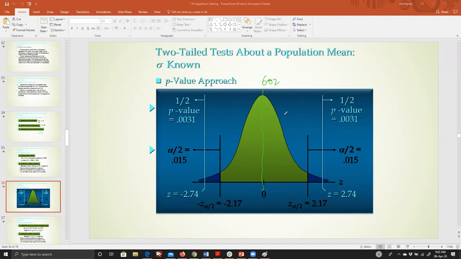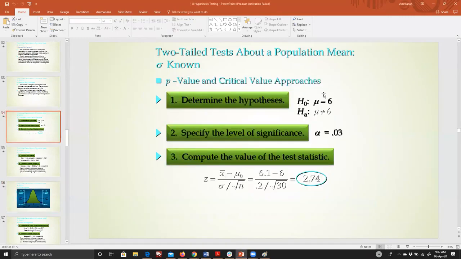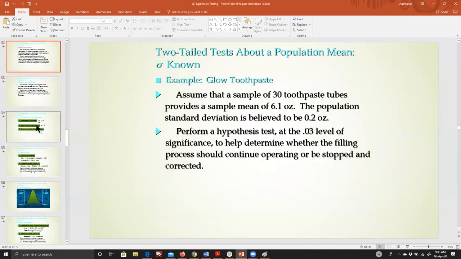It cannot be a single tail, because it cannot be that you cannot give lower than 6 ounces but upper is okay. No, after a while upper is not okay as well, because you will not be able to close the cap, so it will spill over. So you have to understand. I might have told you that basically the sign matters. What is the question really trying to specify? If they are trying to pin you with an equality sign, and anything around equality is not okay, then it is definitely a double tail problem. So if you remember this part,